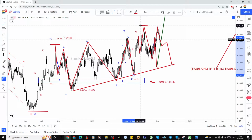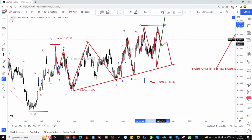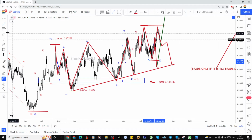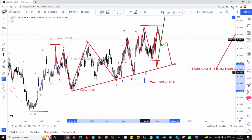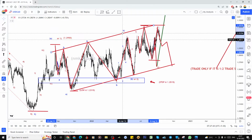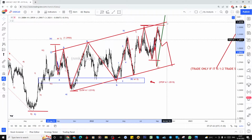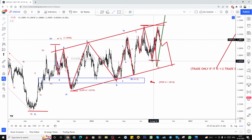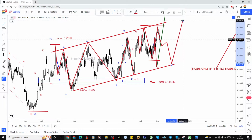So until it breaks this high, it has a chance to make a new low. Not a new low, but to break this one. So once it breaks this one, this is the one channel, right? So you just draw this trend line and make this as a clone, keep this, yeah, right? So once it again tests here, if it breaks this low, you have to be on the buy side,